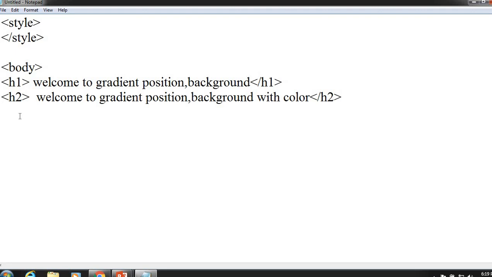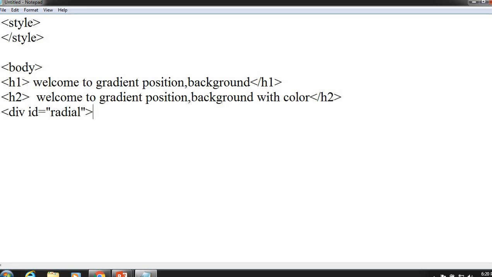We are going to add a division here, with ID equal to radial, so here using radial we can specify radial as an ID.